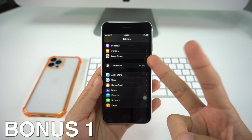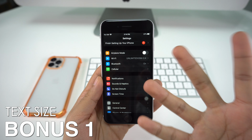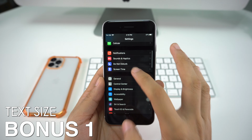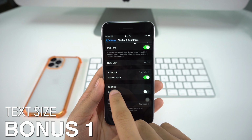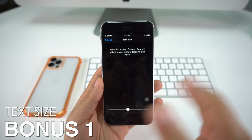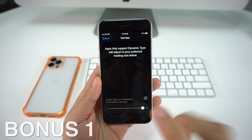And now we're down to the last two. The second to last is going to be how to change the text size in case you want it bigger or smaller than what it already is. You can go to display and brightness here in settings, and you go all the way down to see where text size is. You select it and you're going to have the option to make the text even smaller or bigger depending on your